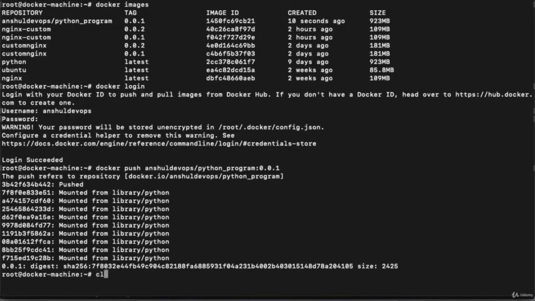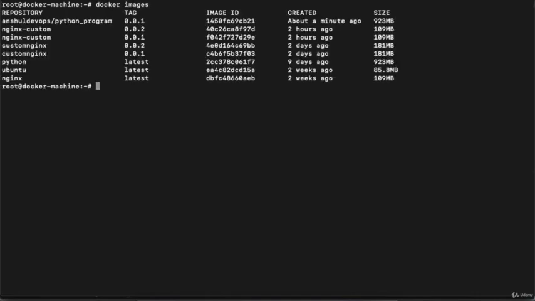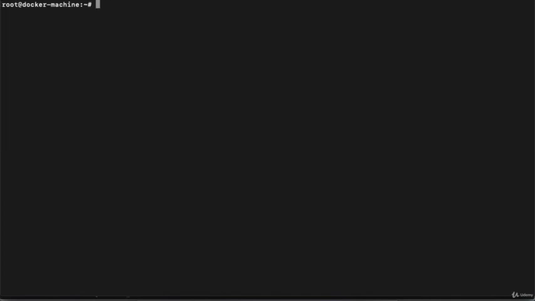Now I will clear out the console, enter command docker images and remove my custom image from my local machine. So docker image rm, then the image name, hit enter. It's done. Clear out your console. Now I need to start my Python script from my image. For this, I will execute a command docker container run, then define the image name, which is Anshul DevOps slash python_program,